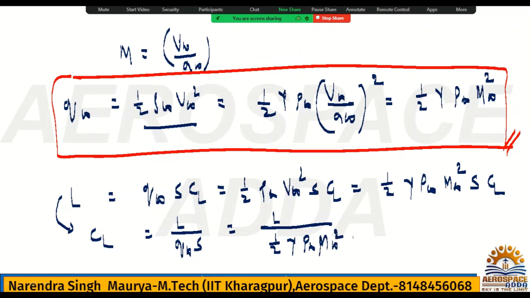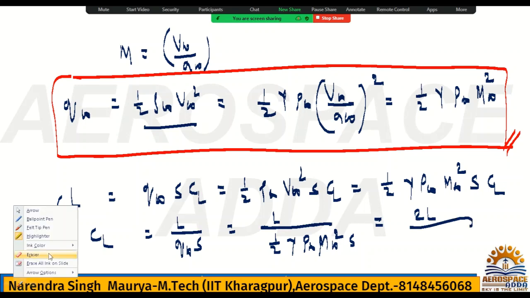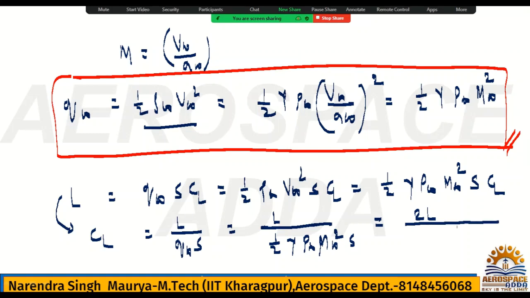Mach number S. Check it. Yes or no? You can say it is 2L divided by gamma P infinity M infinity square into S. Ultimately, what you got? You got that